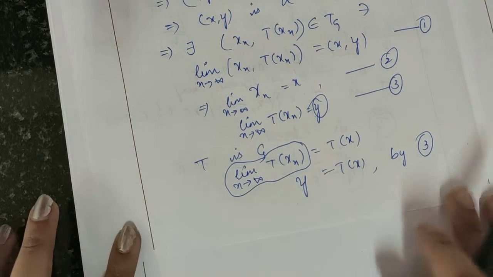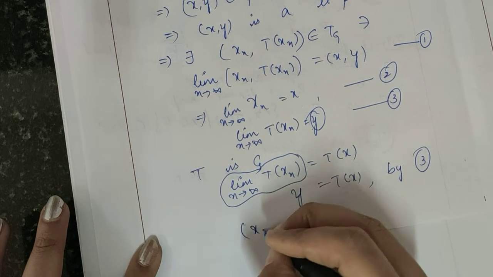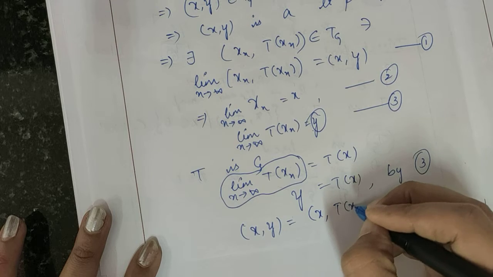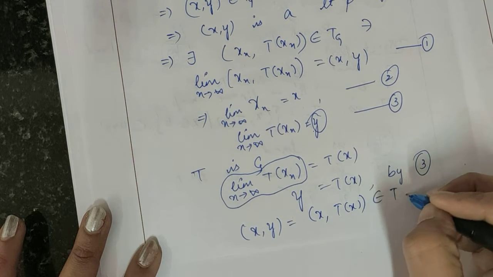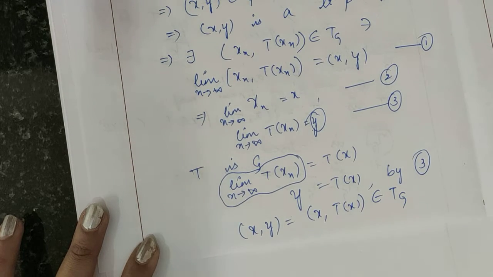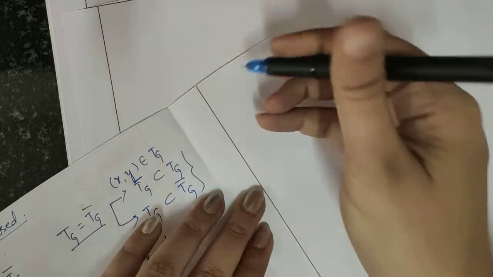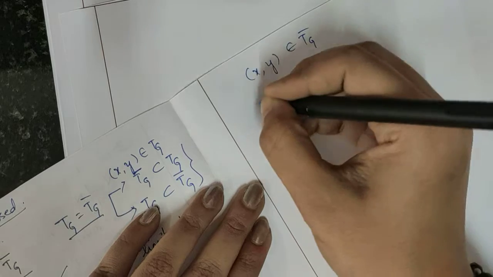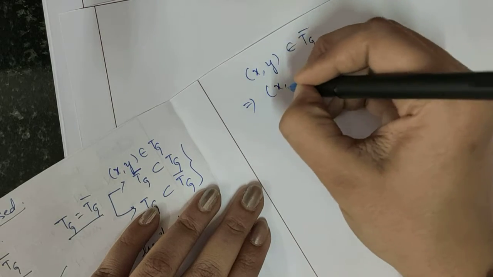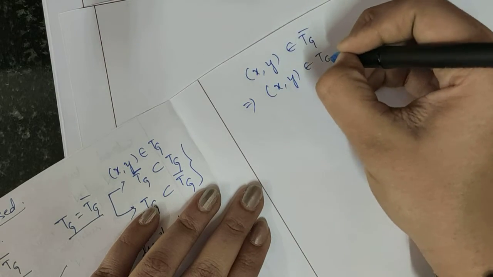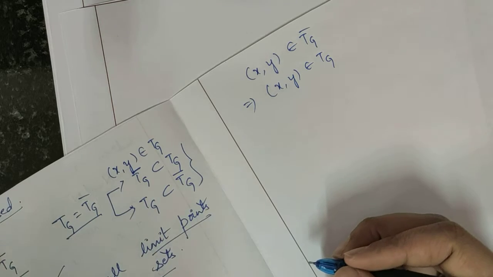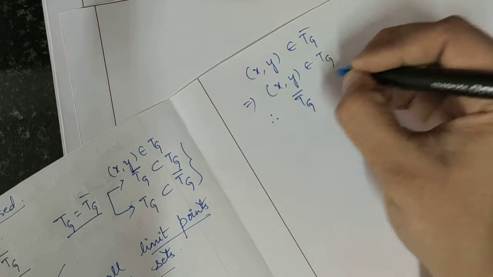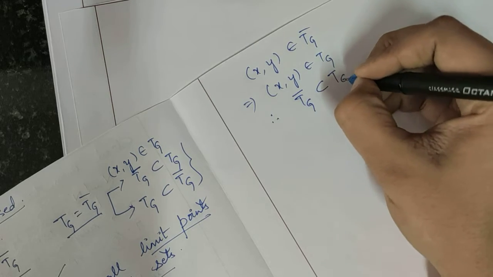Now I can write (x, y) is equal to (x, T of x), and this belongs to TG. Initially we considered (x, y) belongs to TG closure, and now we proved that (x, y) belongs to TG. So therefore I can say that TG closure is a subset of TG,